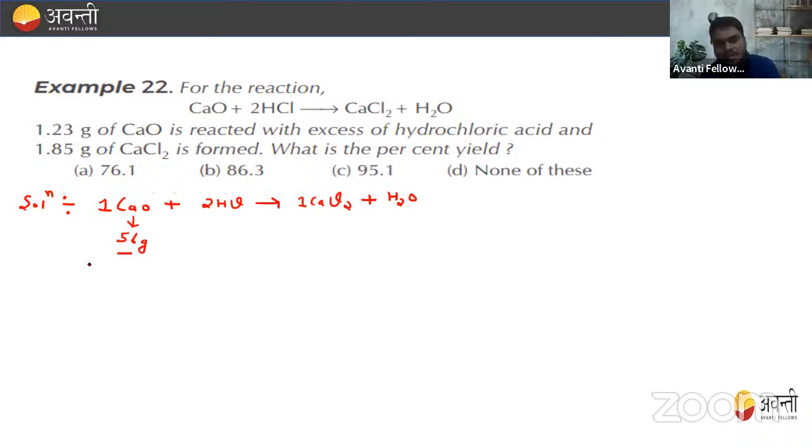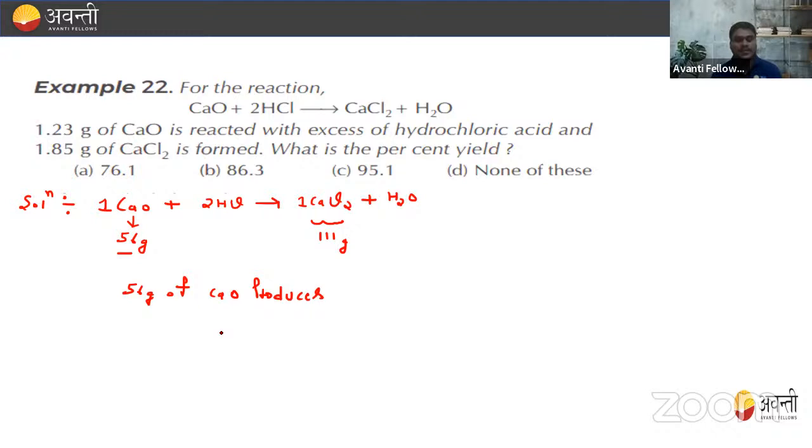How will you calculate? Because we know calcium's atomic mass is 40 and oxygen's is 16, so the total is 56. And for CaCl2, Cl2 is 71 (35.5 times 2), and calcium is 40. So 71 plus 40 comes out to be 111 gram. ठीक है, 111 gram. So from this equation we can clearly see that 56 gram of calcium oxide produces